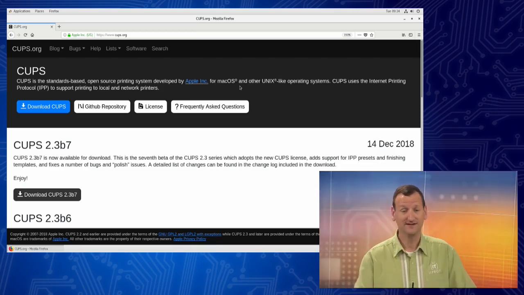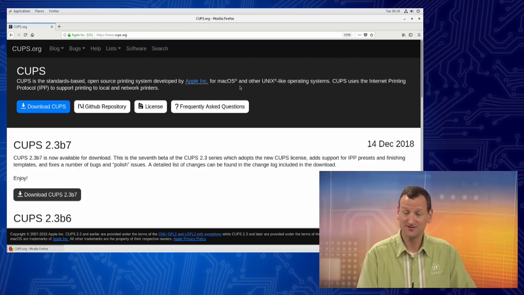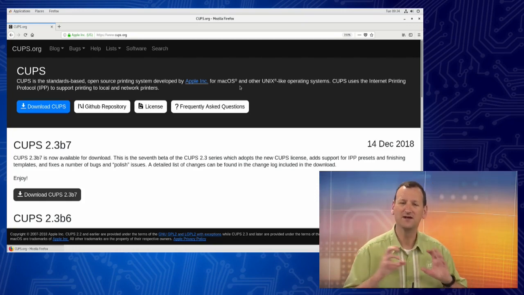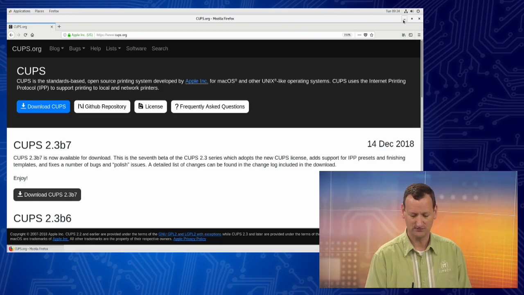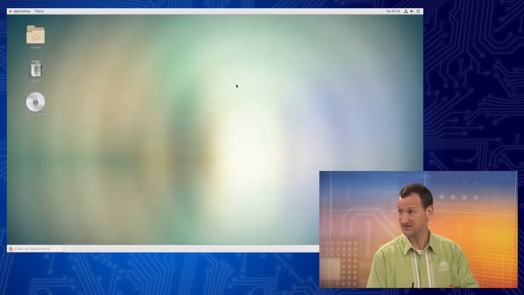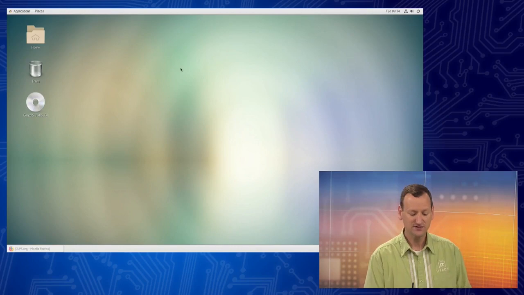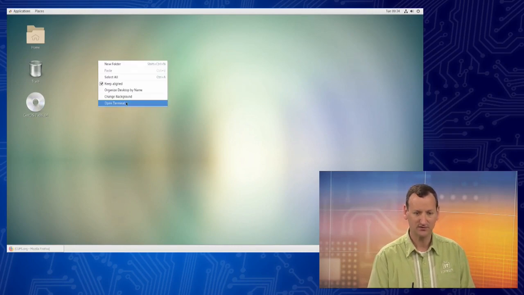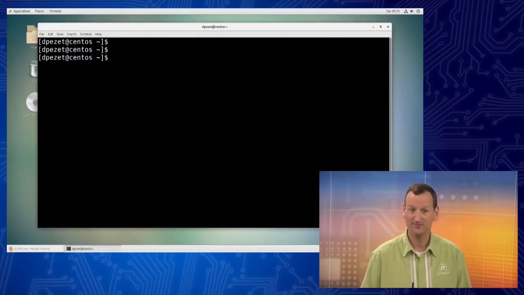Well, oddly enough, it's actually installed by default on almost all distros, unless you do a minimal install, right? So let's say I install CentOS Server and I choose minimal, it doesn't install CUPS in that case. So you might have to install it, but the odds are it's already there. And you can double check a few different ways. Probably the easiest way is to